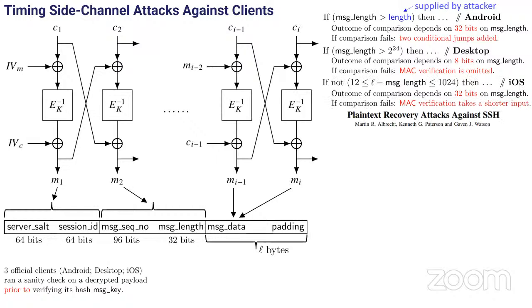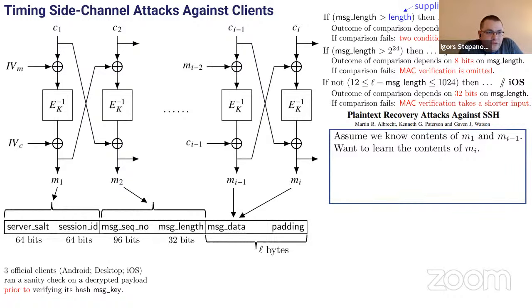Yeah. Okay, so what we do here is we use the idea from the SSH paper in 2009 against CBC. Assume that we know message M_{i-1} and ciphertext C_{i-1}. We want to learn the contents of M_i. What we do is we take the value that is the input of the block cipher encryption for the message we want to learn and move it to the second block. So we set C2 equals C_i XOR C_{i-1} XOR M1.